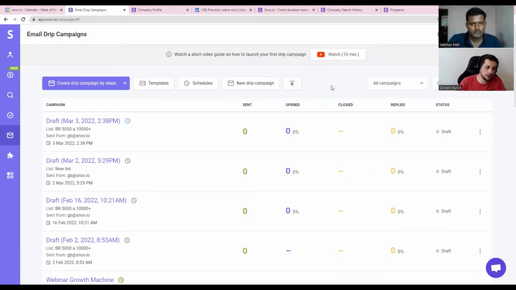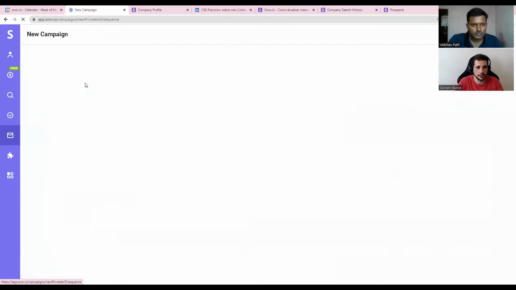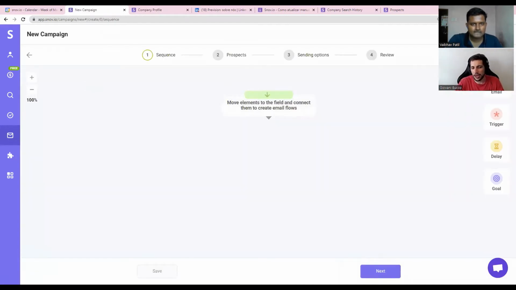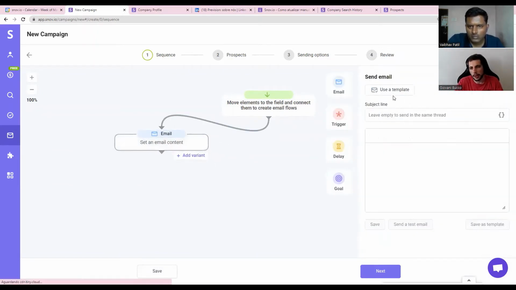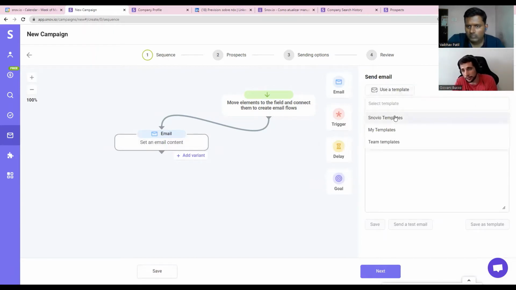And once we finish everything we prospected, we create our list. Now we go to drip campaigns, and you can create a drip campaign step by step here. We have a bunch of email templates. We can create one from a template, but we can also create our own here. So I just move the email, send it to here. And as I said, we can use either a campaign template or email templates.